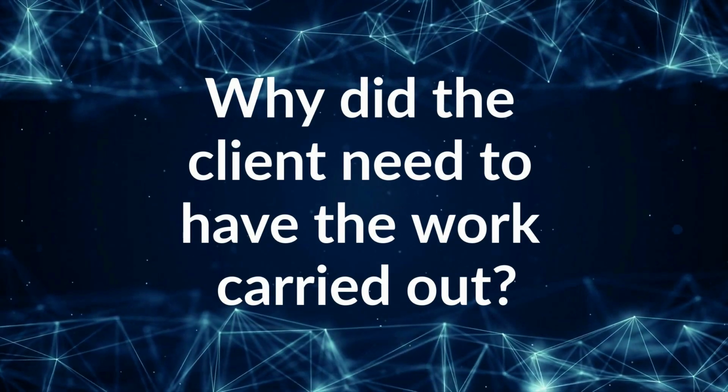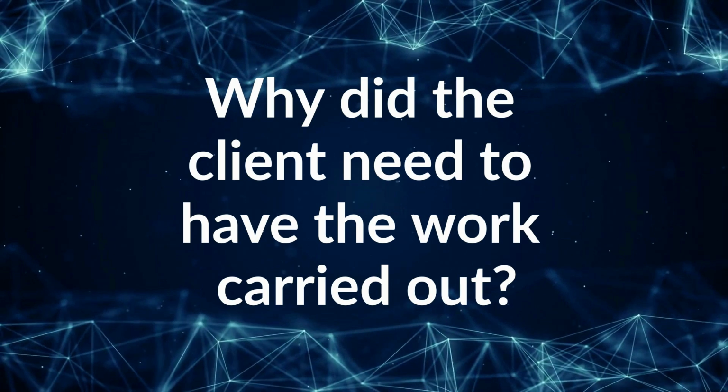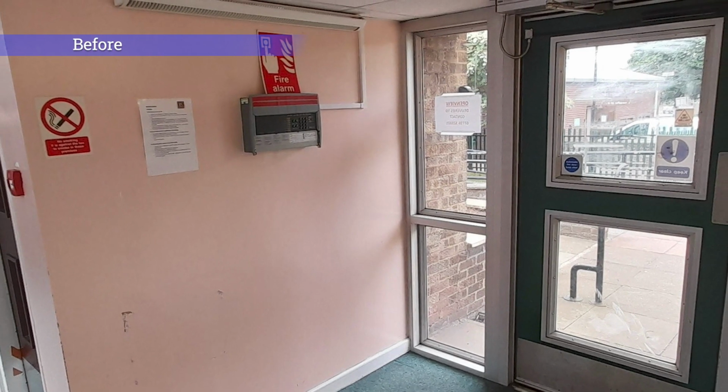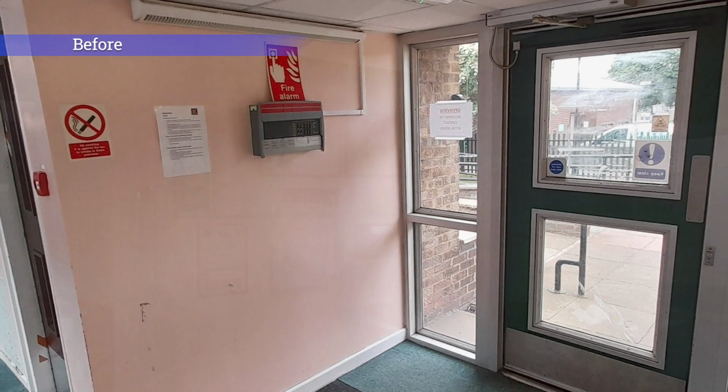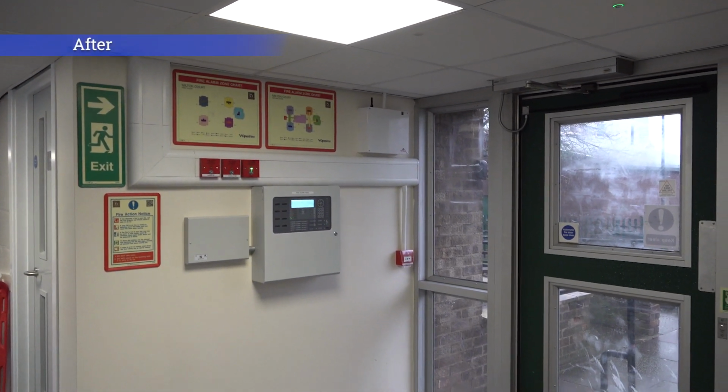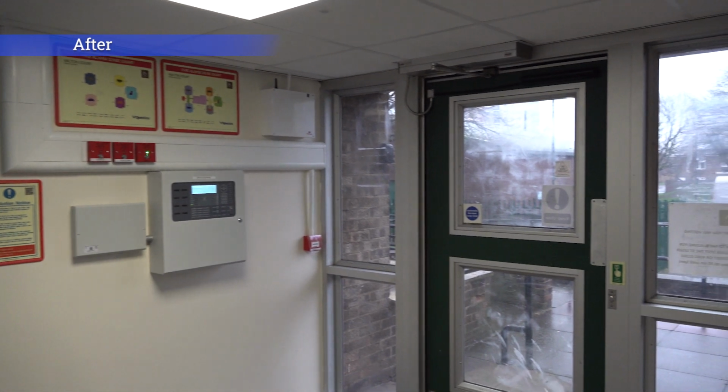Why did the client need to have the work carried out? So the client had a fire risk assessment carried out, which outlined a number of areas where improvements were required. Following this, we had a full meeting with the client to discuss their desired fire strategy, and basically the following